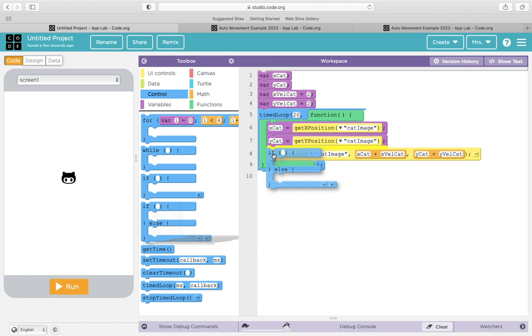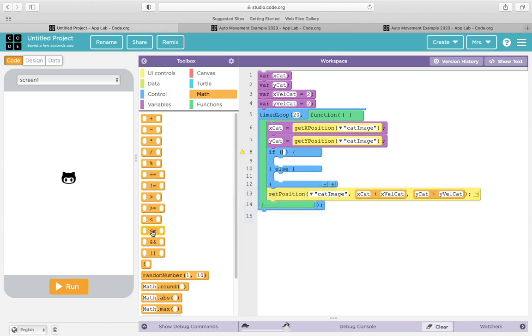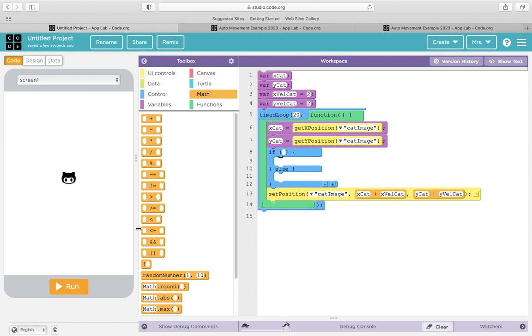So we're going to get the position and set up different conditions. I'm going to write if the xcat is less than or equal to 0. So if I'm all the way over here on the left side of the screen, then we're going to have to multiply the x velocity instead of going -2. You know what? We'll start over here. We'll start at 320 because that'll make a little more sense since it's moving to the right first. So I'm going to take this one out. If it's greater than or equal to 320,